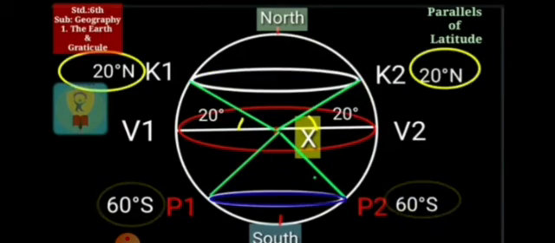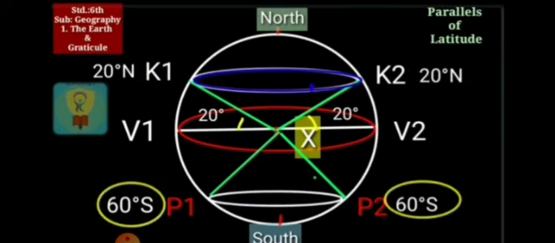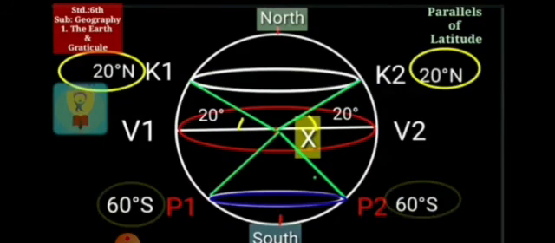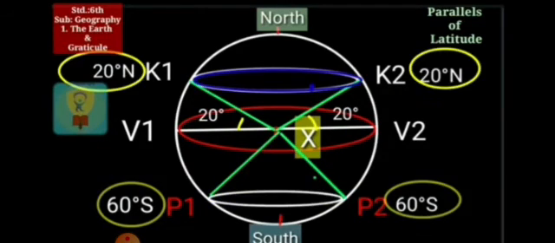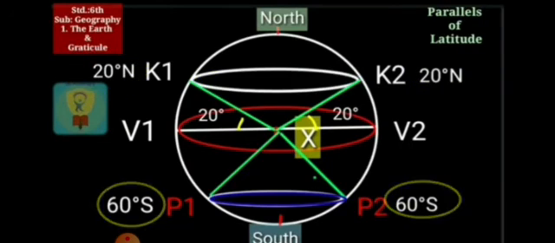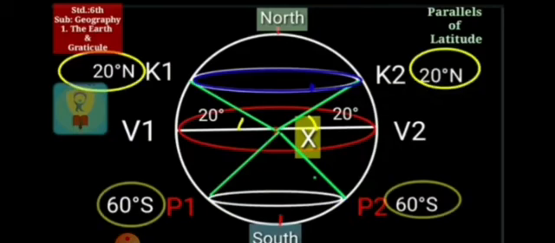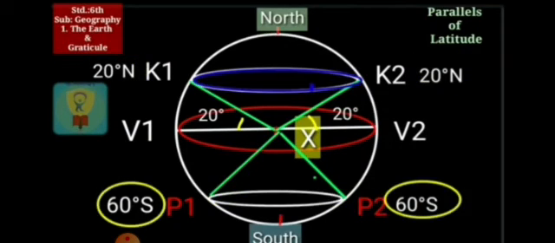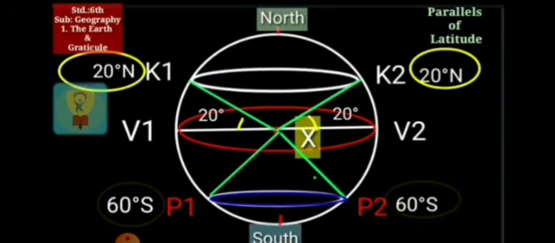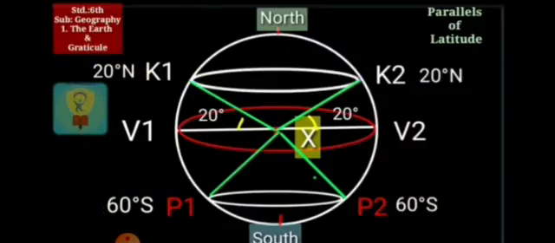So, listen to it carefully. In the earlier activity, you must have understood that the ellipse, meaning an oval circle, drawn by joining the 20 degree points is larger than the ellipse that joins the 60 degree points, and the distances X K1 and X P2 are the same. The reason behind it is that we are dealing with a sphere.